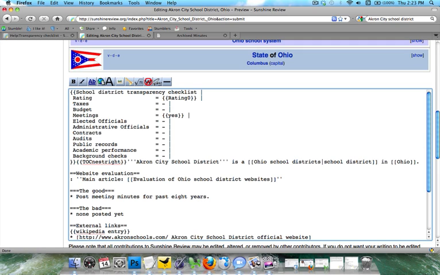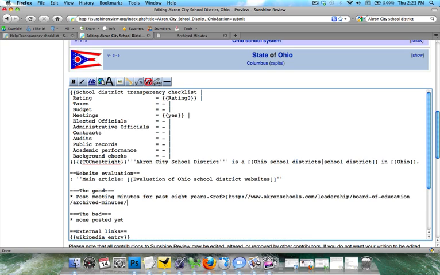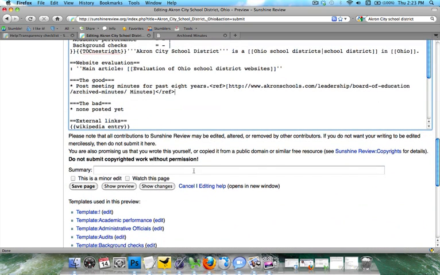Alright, and now we need to reference it. So we're going to go ahead and put in our ref marks. That's between 2 carets. And then we're going to paste that link that we copied. We're going to do a space. And I'm just going to write out minutes. I'm going to close that bracket. I'm going to close the reference. So when I do show preview,